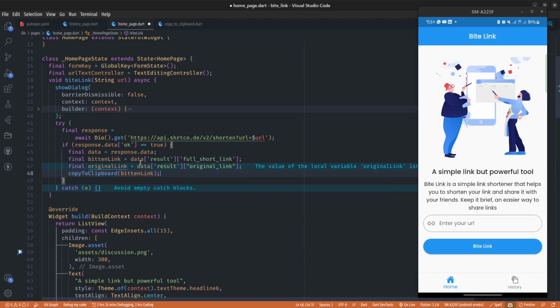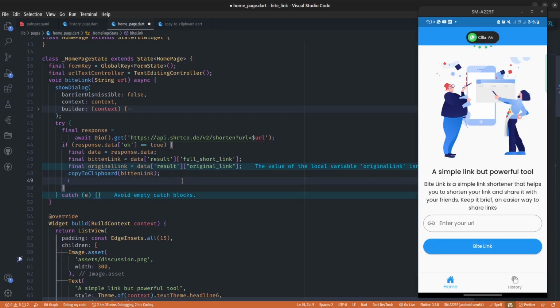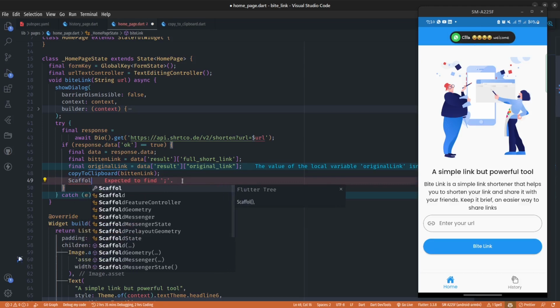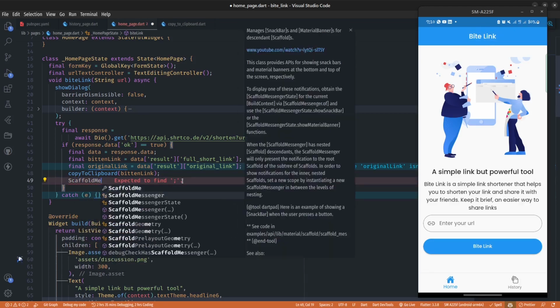Right. So this will copy the bitten link to the clipboard, but then we want to also show a snack bar to the user that this link has been copied to the clipboard. So in order to do that, I'm going to use the scaffold messenger. So scaffold messenger